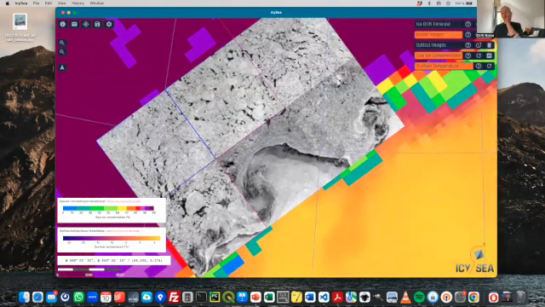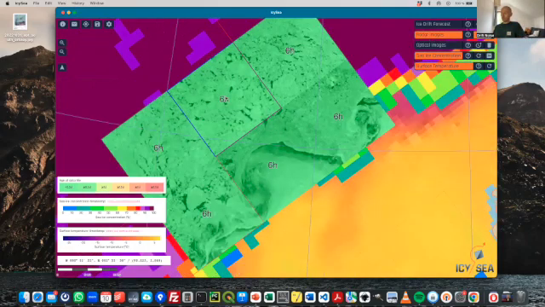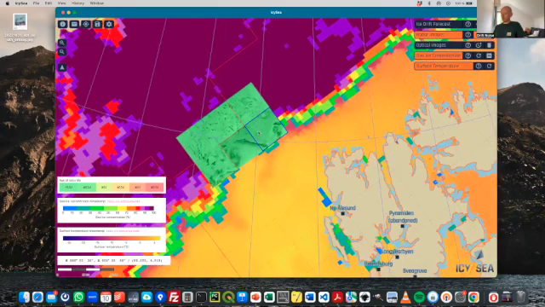Obviously, the most important thing with all of the data sets is knowing how old this data is. So if you're in the area you want to, and you download a picture, you want to know, is it a day old? Is it only a couple hours old? So with the radar images, you have this little show tile age button up here. And when you click at that, you see a color code, and once you zoom in, it also gives you the exact age of this tile and this satellite image. If you zoom out, you just have the color code here.